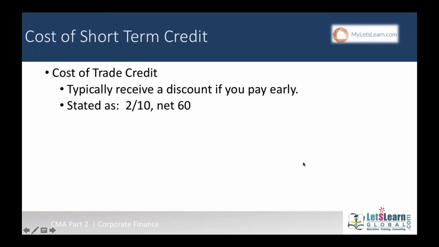Now let us discuss the cost of giving a discount, or the cost of not taking a discount, because in the previous calculations we discussed the cost of short-term finance. What is my cost of short-term finance in the previous calculation? 11.73. So now the question is whether I should borrow from a financial institution at this rate, because I am in need of money, I need short-term finance,